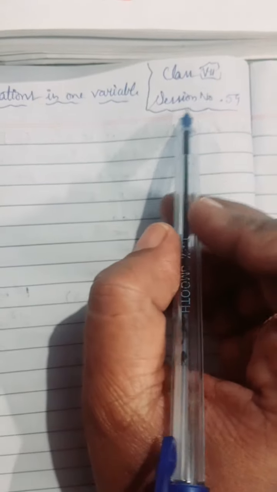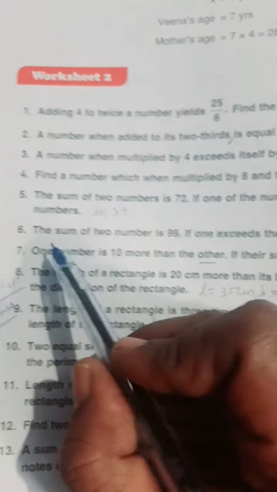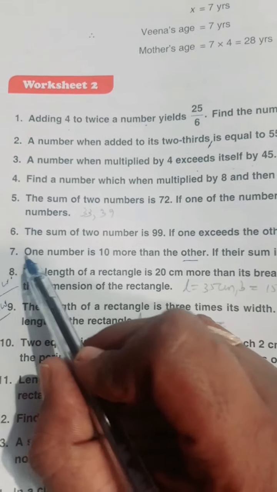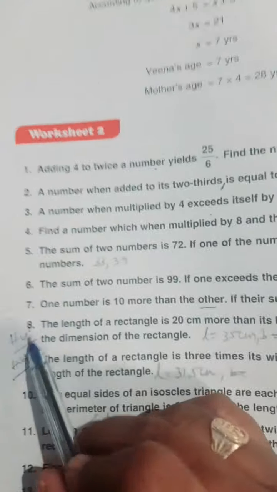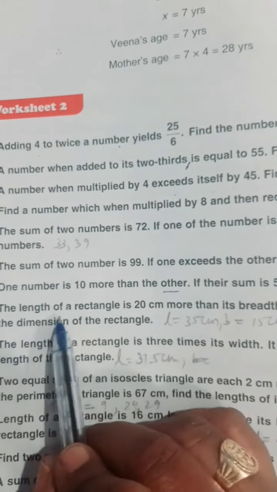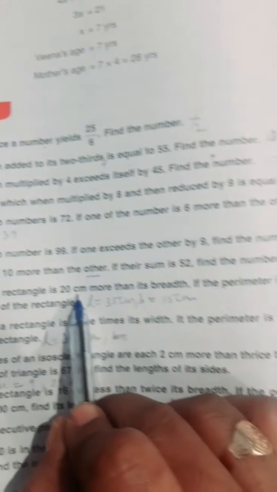Namaste children. In this session number 59, we are going to discuss the problems from worksheet number 2 under the chapter linear equations in one variable. Children, in the last class we had discussed till 7 problems. Today we are going to start from 8th question, that is the length of a rectangle is 20 centimeter more